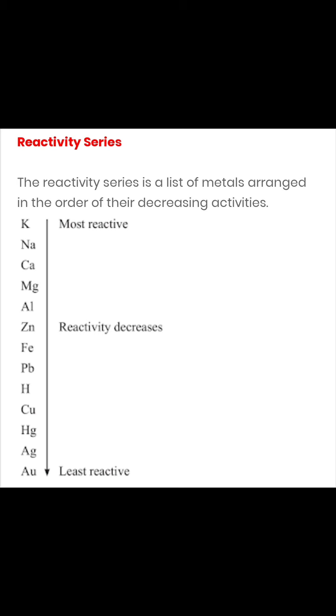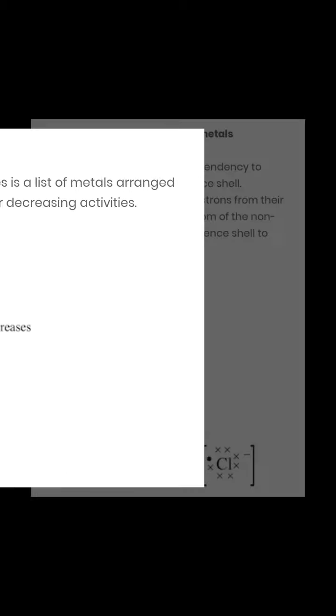See, I'll give you the example over here. Just now we have discussed that when iron reacts with copper sulfate, it gives iron sulfate plus copper. But suppose we take a copper wire and dip it into the iron sulfate solution, then no reaction will take place. Again, it is seen from the reactivity series that copper is less reactive than iron. That is why this kind of reaction will not take place.